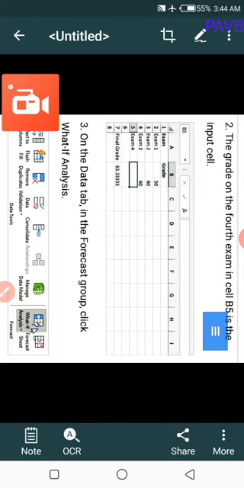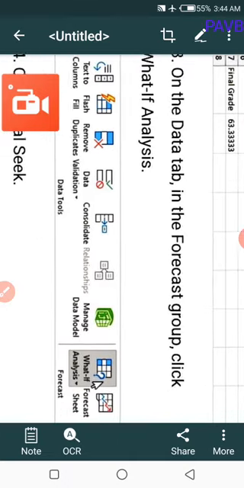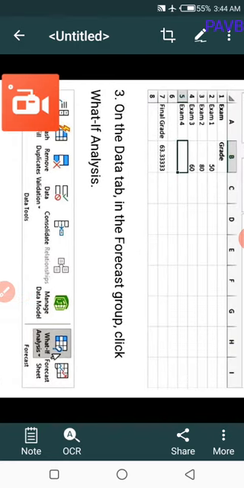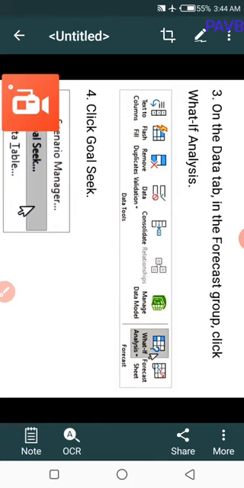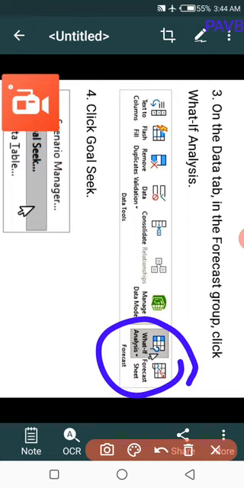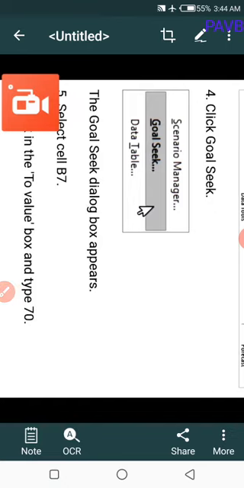The grade for the fourth exam in cell B5 is the input cell. Enter the fourth value in the input cell. On the Data tab, in the Forecast group, click What-If Analysis. Once again, on the Data tab, in the Forecast group, click What-If Analysis. Step 4, click Goal Seek.